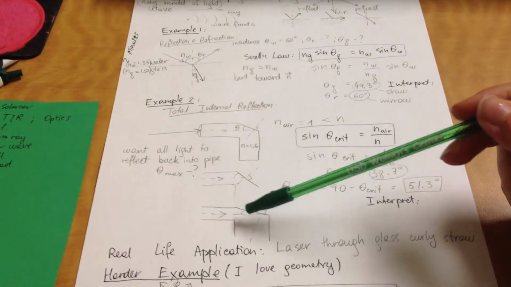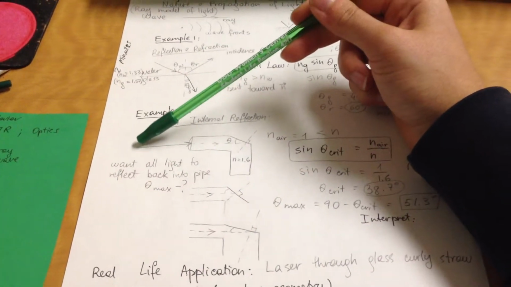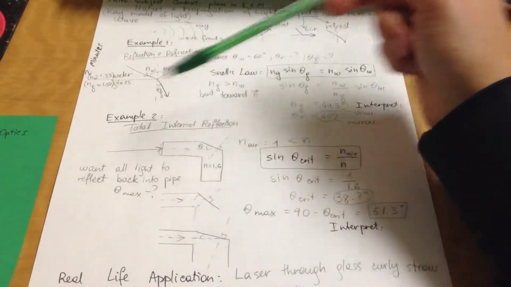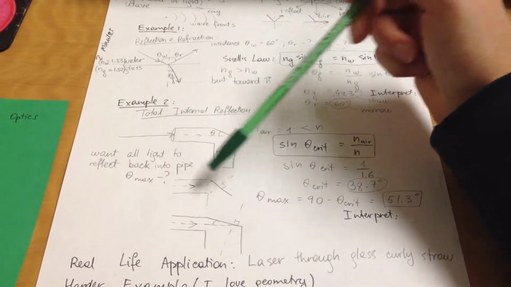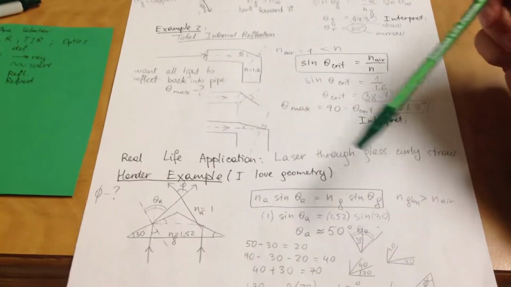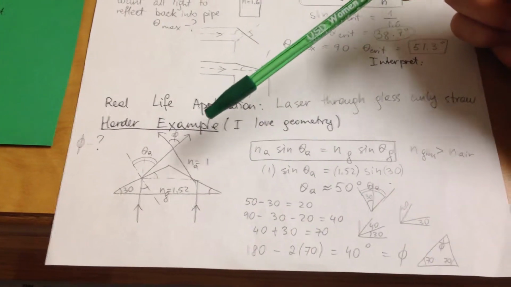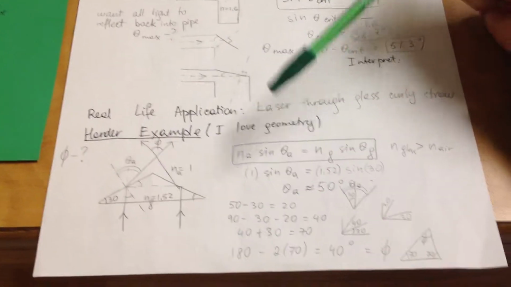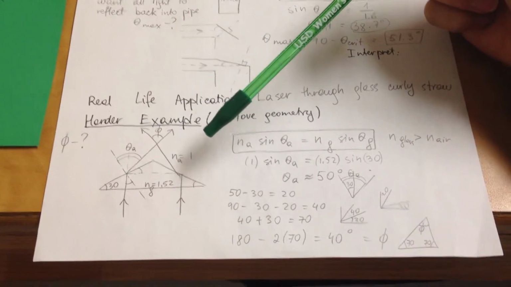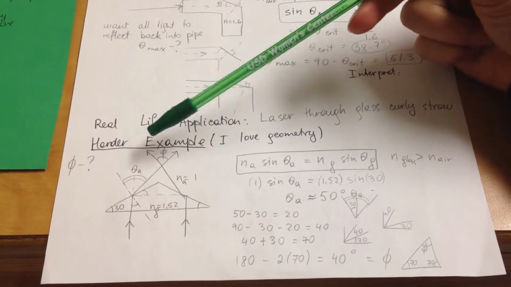And so the real life application of this would be if you have a laser pointing inside a glass curly straw, the light is just gonna go inside the straw and come out from the end of the straw. And I realized I need to do a hard example, and I really like the first one from the homework because it has a bunch of geometry and angles, which is a little confusing but at the same time pretty interesting. So using Snell's law again, we had to find this angle,